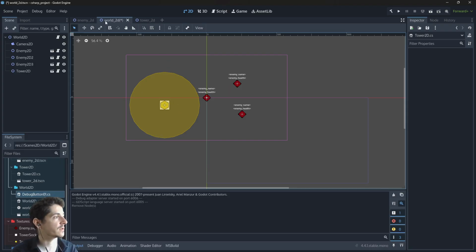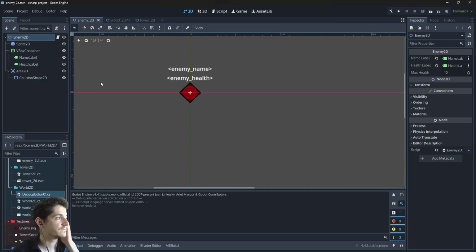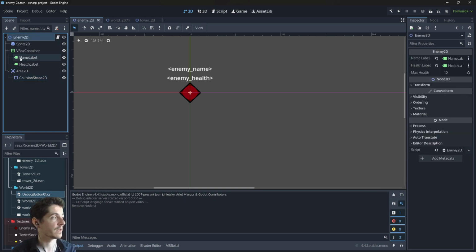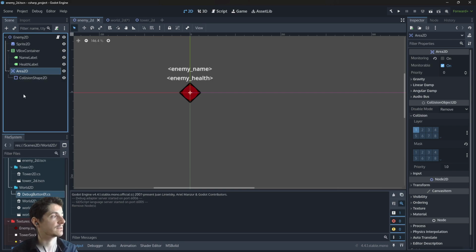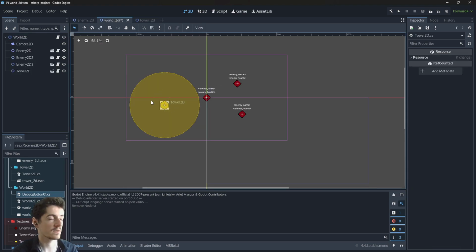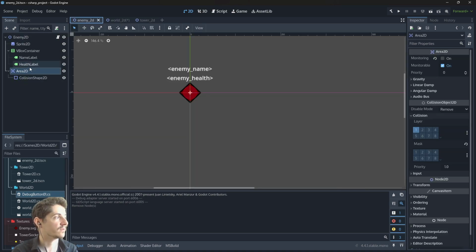So let's just take a look at the Enemy2D we have created so far. We have an Area2D, a collision shape, and the enemy. And what happens is that when this area here enters the area of the tower, the tower has a notification which says this Area2D entered my area. So now the question is exactly how do we get the object Enemy2D